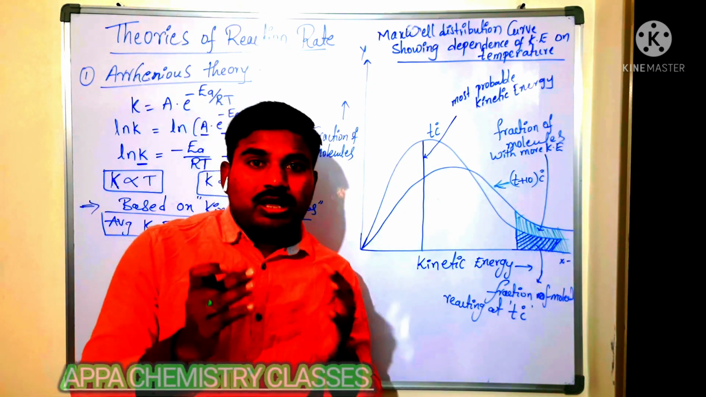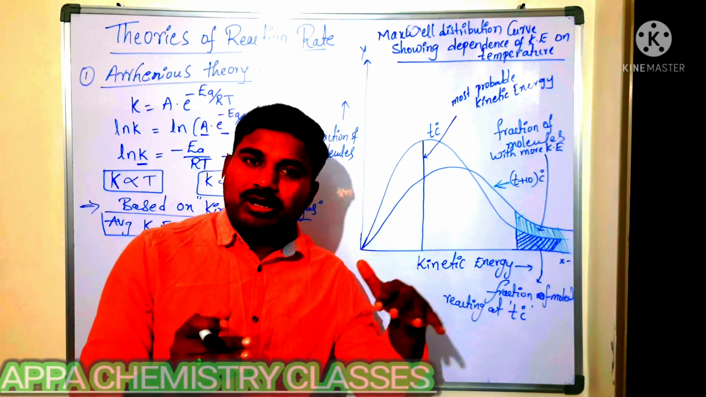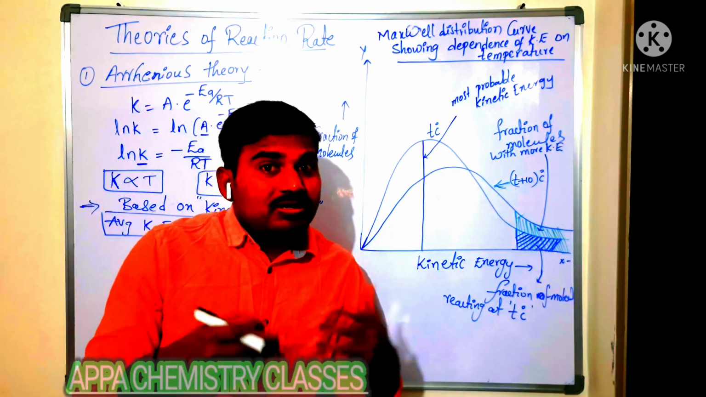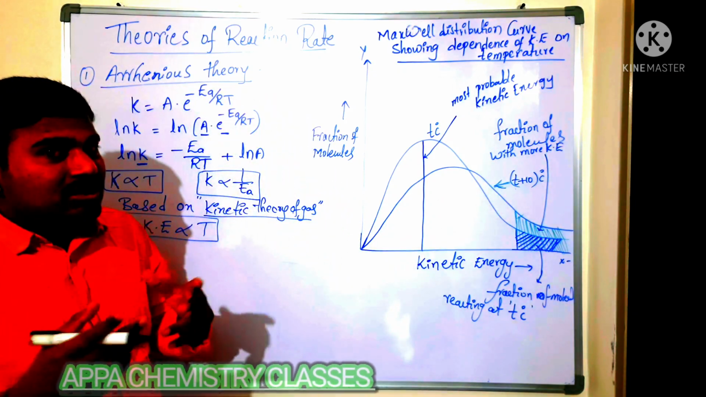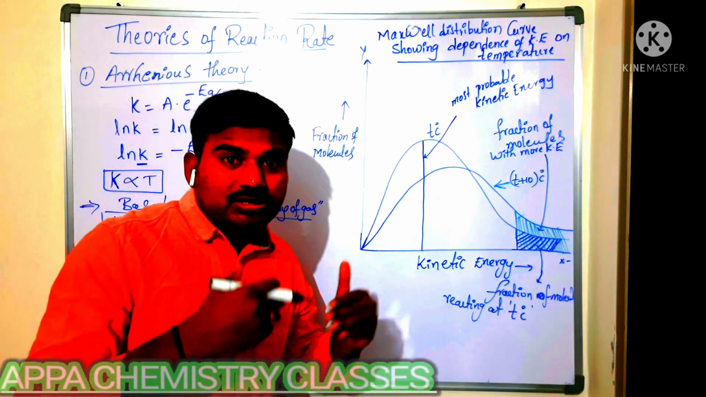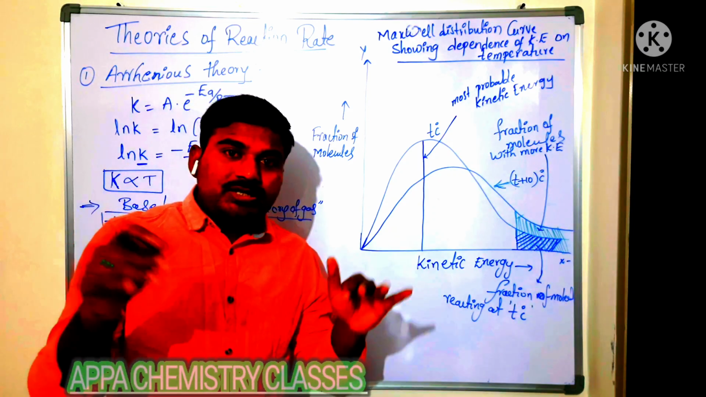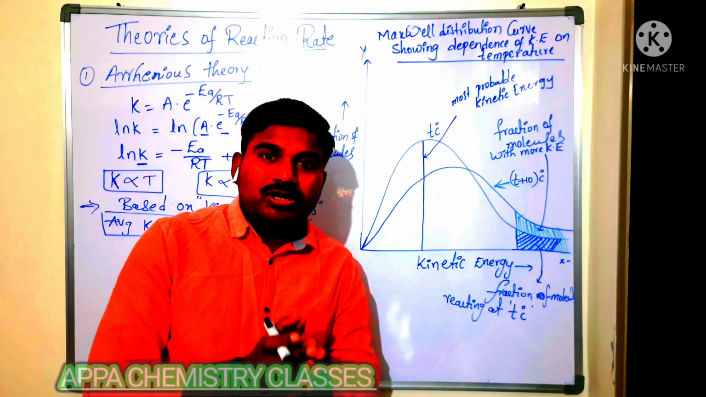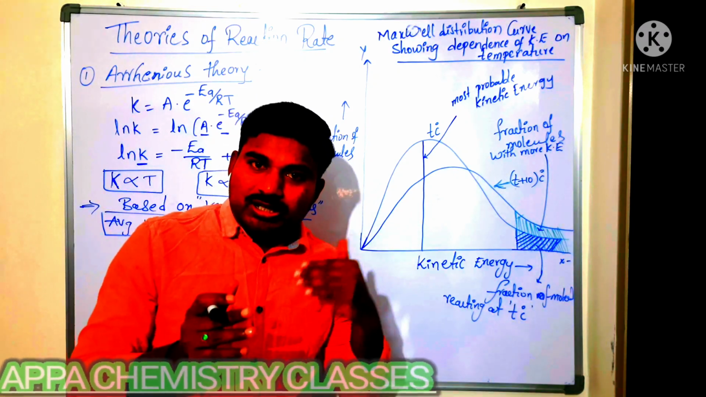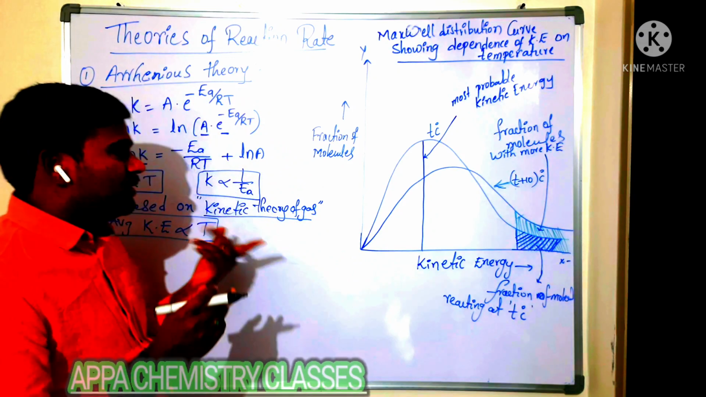If they do not have that energy to reach the transition state, then what happens? The energy required by the reacting molecule is called the activation energy. The energy required by the reacting molecule in the conversion of reactant into product is called the activation energy. The energy already possessed by the reacting molecule to convert the reactant into product, in the completion of the reaction, is called the